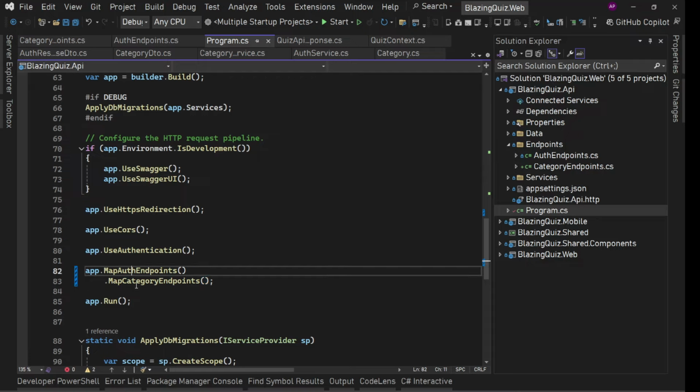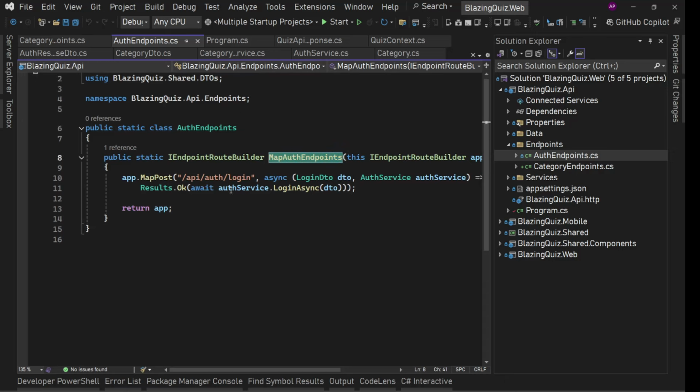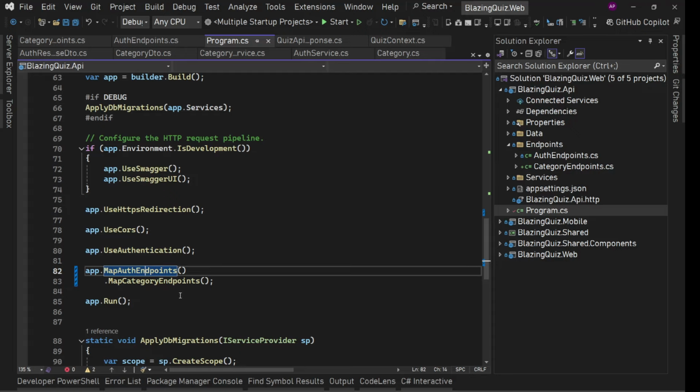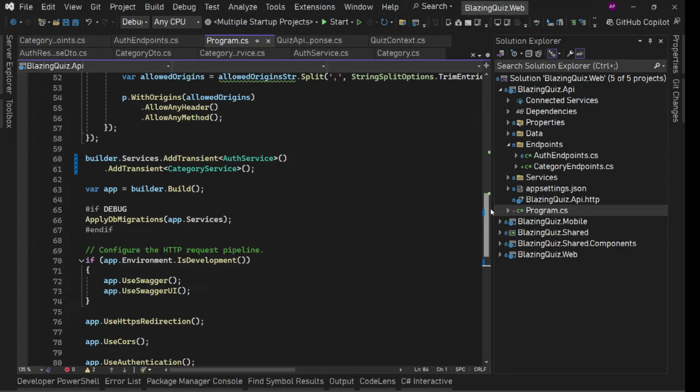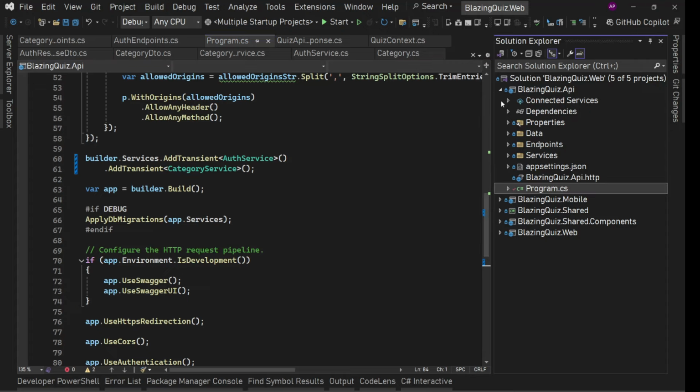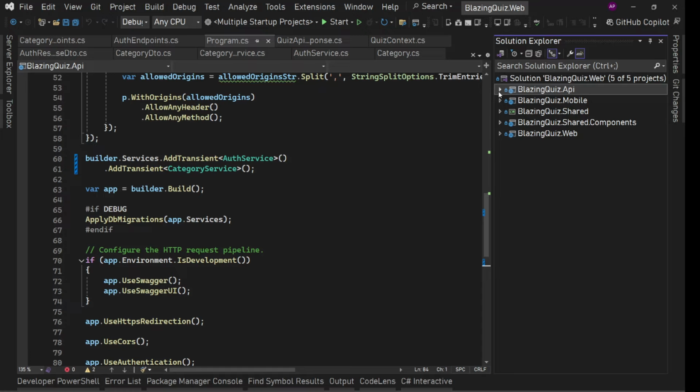Okay, so this chaining is being allowed by these extension methods which are returning the same type. So the same thing. Alright, now from API standpoint, we are good with category. Now we can go ahead on the admin side and we can start working on this manage categories thing. Okay, so for this